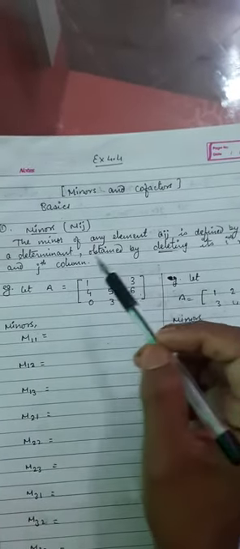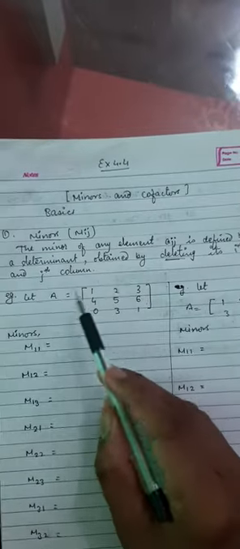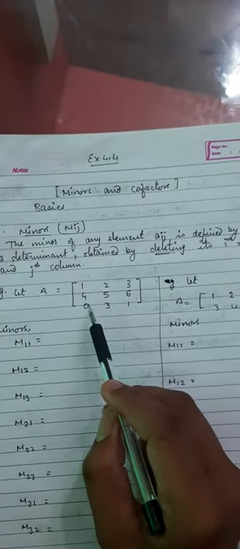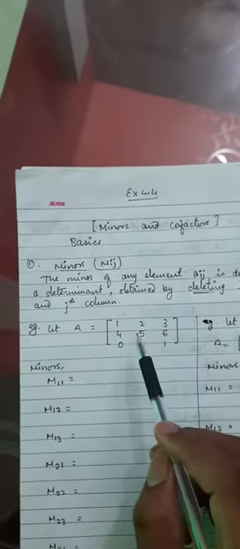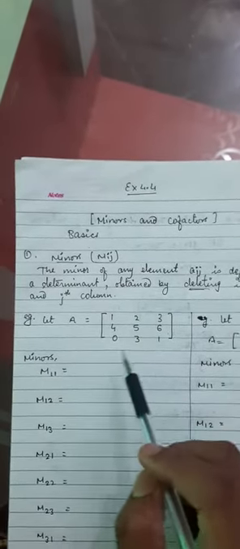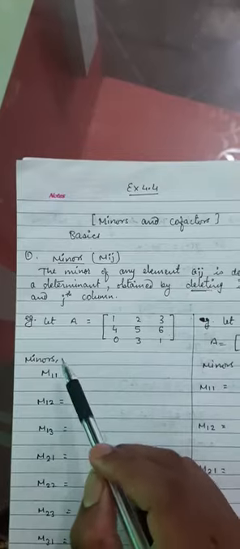So I am going to tell you now how to find minors. Okay, I am going to explain this definition also. With the help of this example we will understand. Like this, any matrix will be given. Firstly I have taken 3 by 3, after that I will take 2 by 2. So in this 3 by 3 matrix we have to find minors.